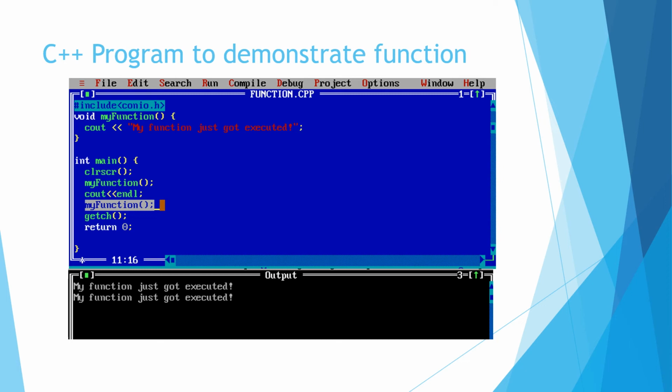So when this program is executed, the output will be my function just got executed, my function just got executed. So the main benefit of using a function is that we can avoid writing the same code repeatedly, or we can reuse the existing code. Let's say if I want to print the same statement 100 times, I can call my function 100 times instead of writing the same logic 100 times.